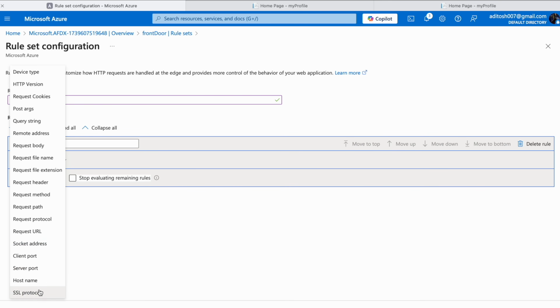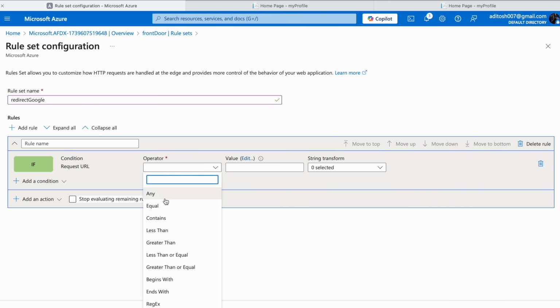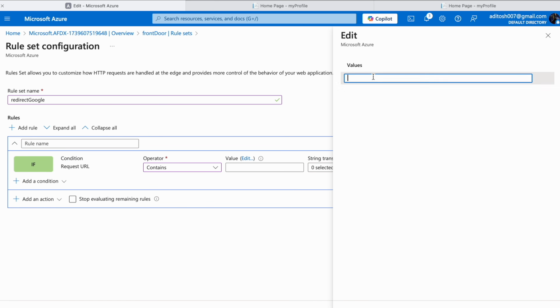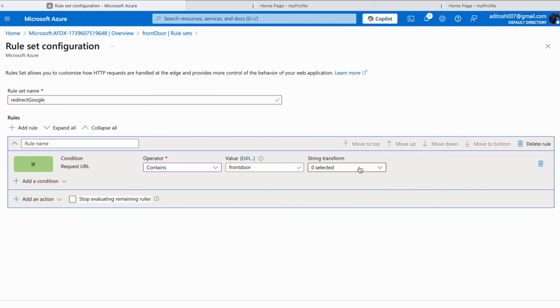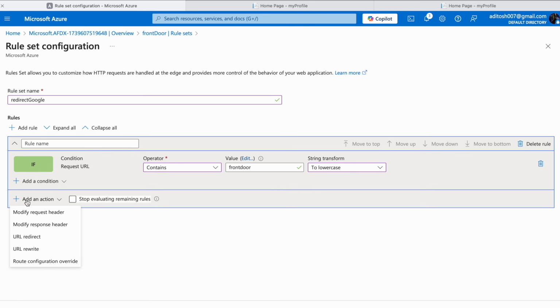Right now, we have these many options. I'm going to select request URL, and the condition I am selecting as if, and operator is contains. We can select any, but let's stick with contains. Then the value: if URL contains front door, which it definitely will because our endpoint name is front door hyphen. What we want to do is